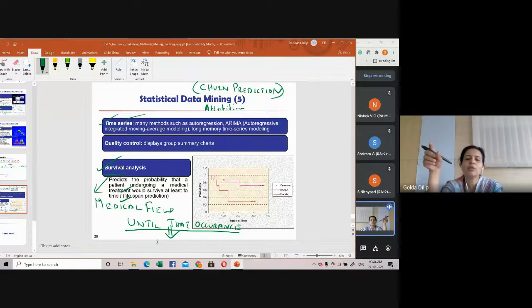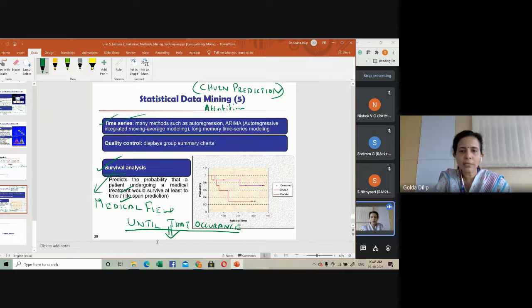All these things can be done using survival analysis, giving accurate prediction of the upcoming churners, people likely to switch over to another company, or customers likely to switch products from one company to another. Then you can focus on highly targeted marketing campaigns and try to make them stay back with you. So that's also one application domain for survival analysis. It's not just the medical field; it is being used in churn prediction also.